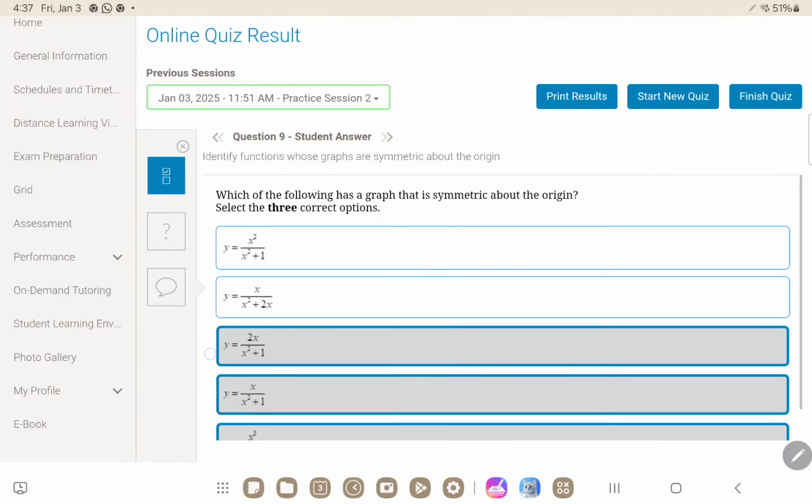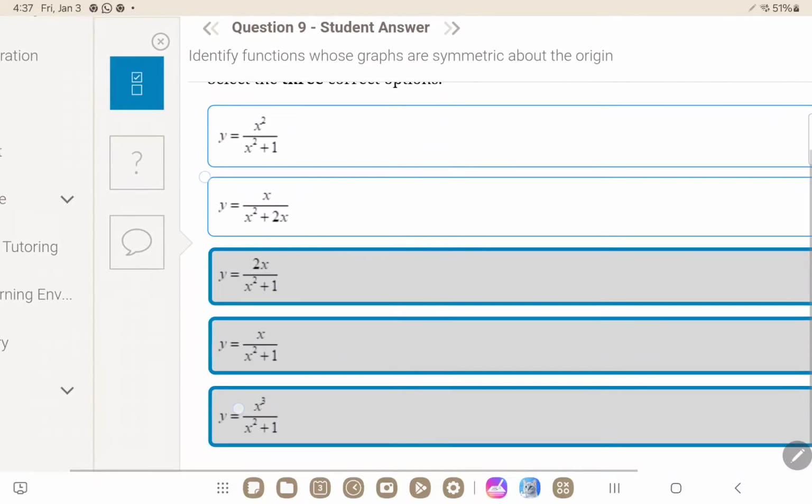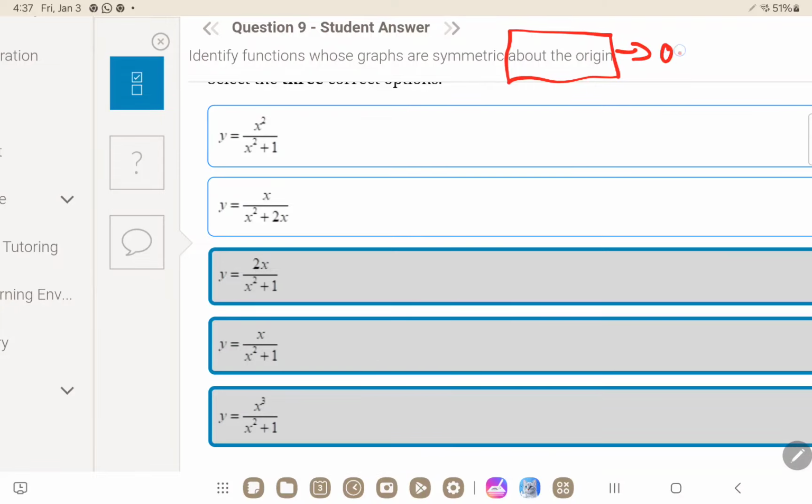Which of the following has a graph that's symmetric about the origin? When it tells you symmetric about the origin, it means it's an odd function. If it's an odd function, it means that f of negative x equals negative f of x. So it means that you should get,